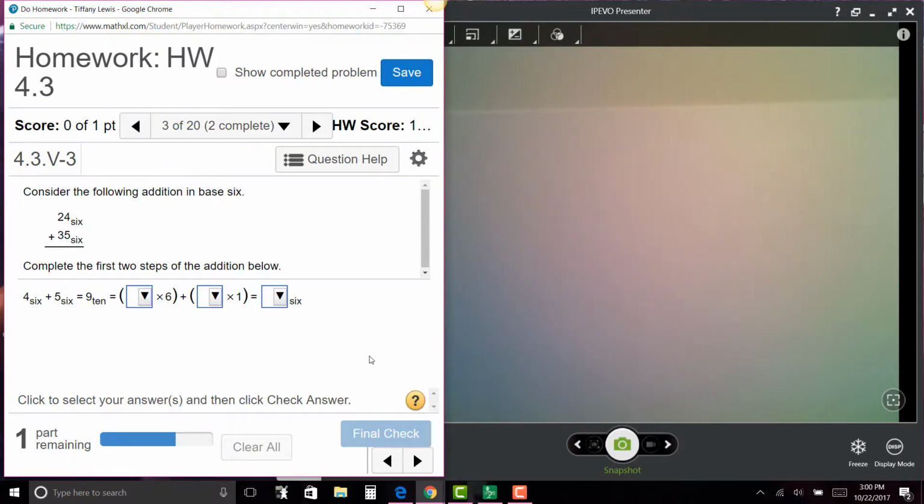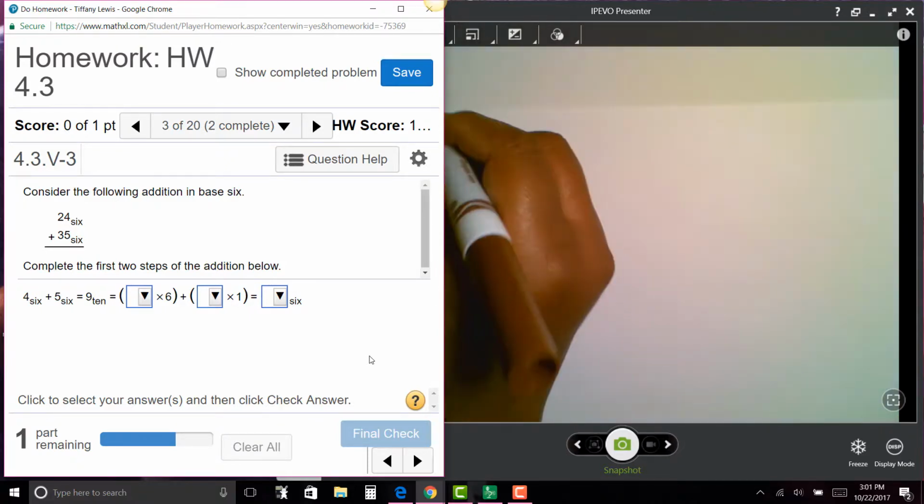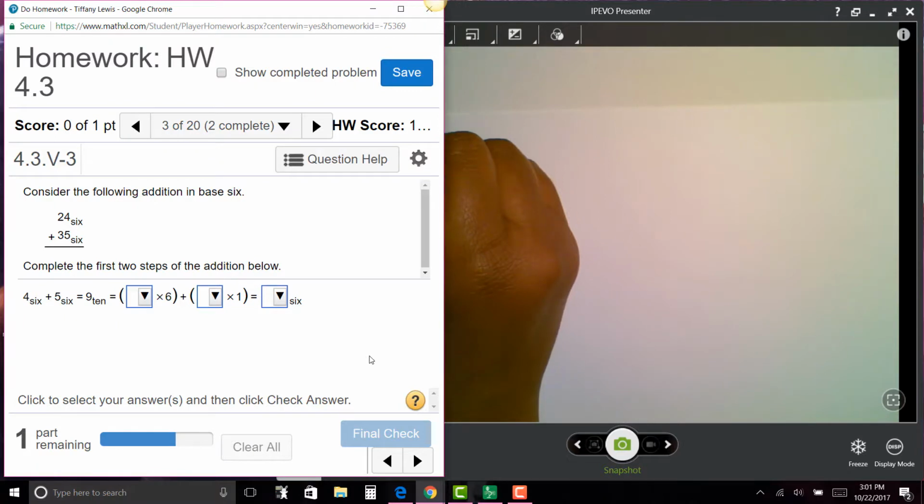So let's look at 4 and 5, what it is in base 10. So we don't have to go through that part there. We know what 4 base 6 plus 5 base 6 is in base 10, which is 9. So we're going to take this 9, convert